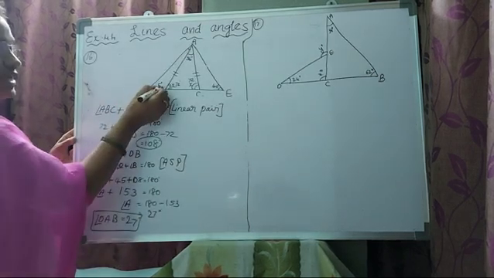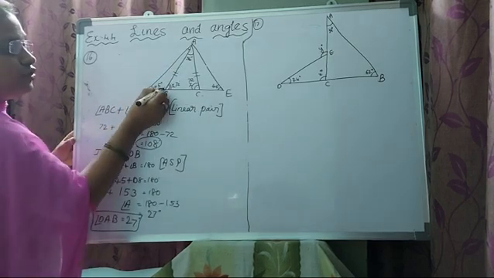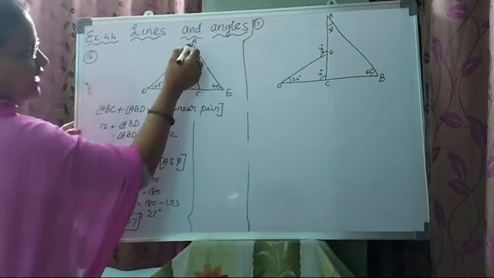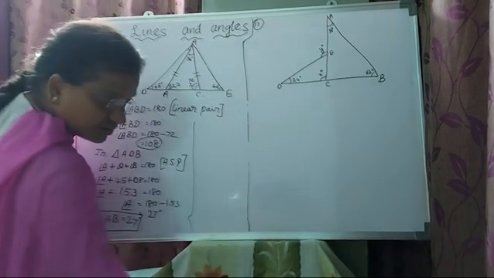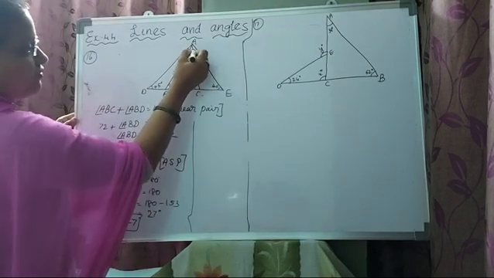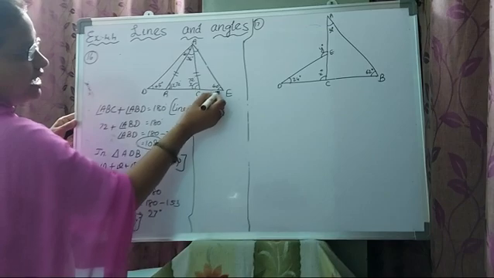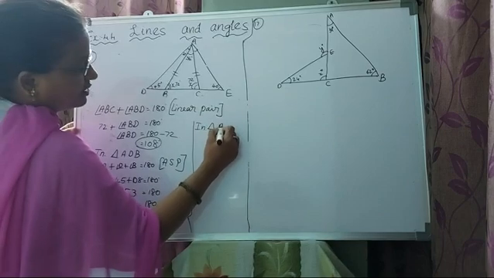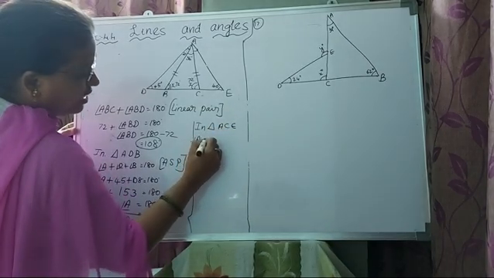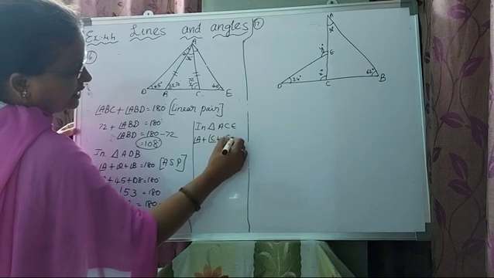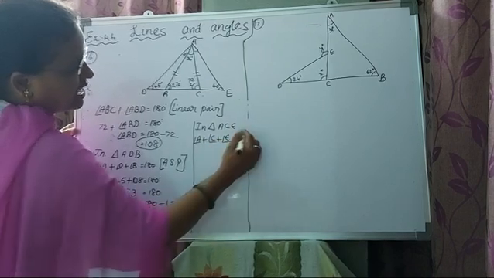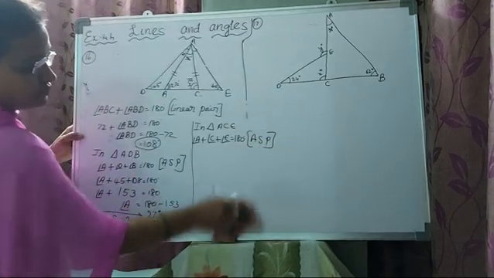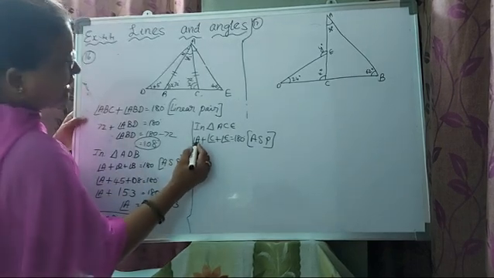First you have to find out the linear pair. In this triangle, if you know two angles, we can find the third angle. In the same way, he asked you to find out angle CAE. Yes, EAC. This angle we have to find out. This one we found 27. Here in triangle ACE, angle A plus angle C plus angle E is equal to 180. That is the angle sum property. Now if you see angle A, we don't know.